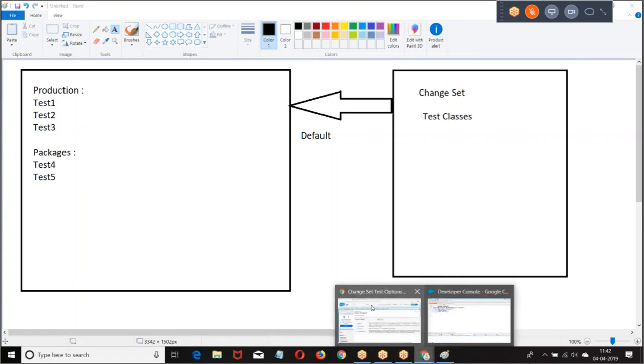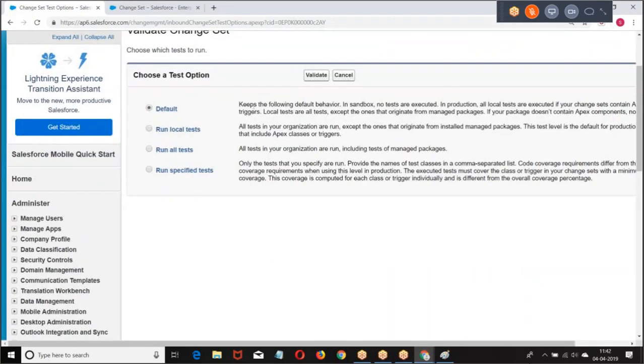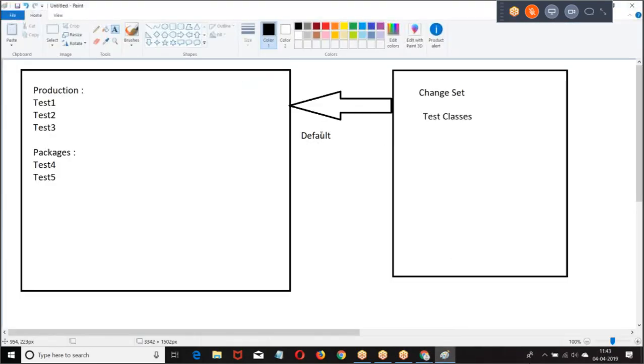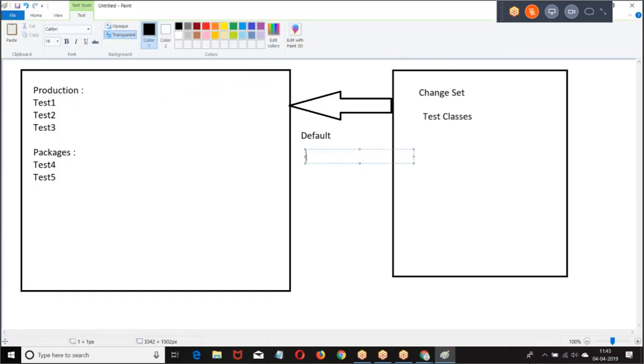Now look at the point. When you say default, if the change set contains any test classes, then what will happen? If this contains ABC test, test 1, test 2, test 3, ABC.